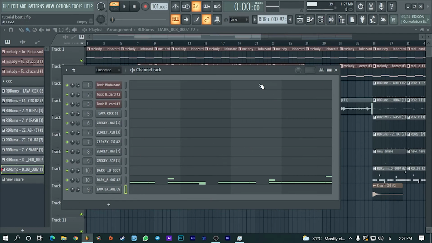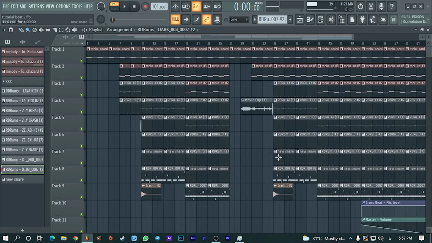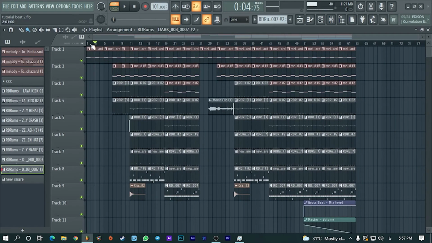Actually, I changed the snare that I chose, and I used this instead. This has more impact. So I used the first melody to build up,